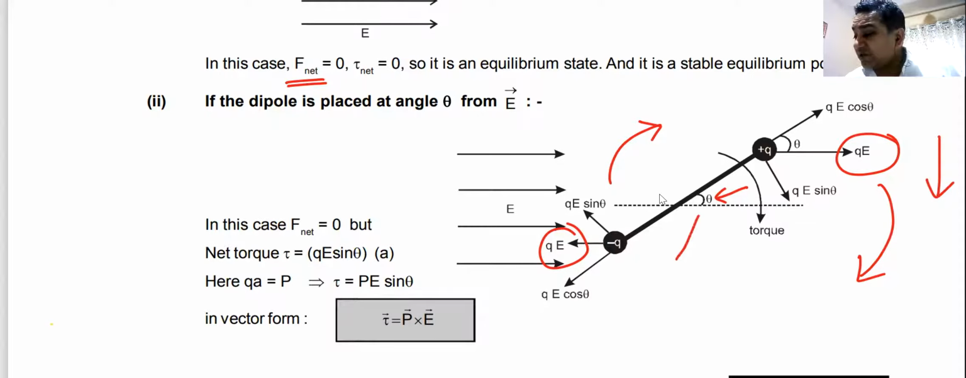This is the condition of stable equilibrium. It will execute simple harmonic motion for small amplitudes. It will be simple harmonic. The torque will be given by P cross E. Now this P cross E torque